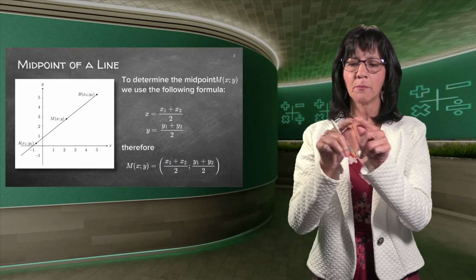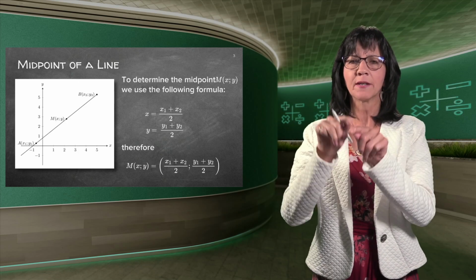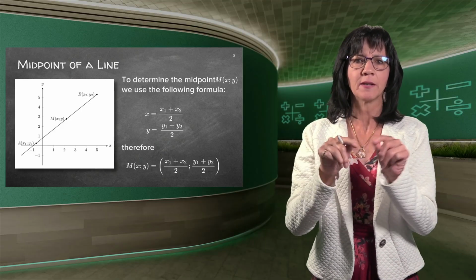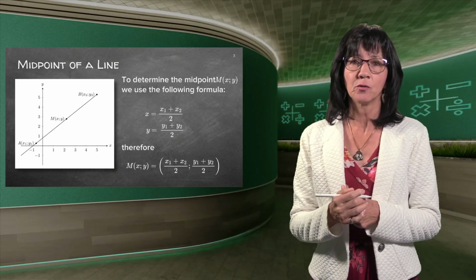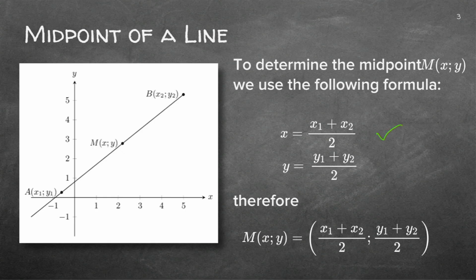If I want right in the middle of two x's, if I'm on 1 here and minus 1 here and I want right in the middle, I'm going to go to 0 because it's right in the middle. But how do I get it when I do it properly in theory? I take my x's, if I want the x value, and I add the two x's to one another, and I divide by 2. That is how one gets the midpoint. You do the same with the y's. You take the two y values that are given, you add them, and then you divide by 2, you get right in the middle. That's actually a normal logical thing.